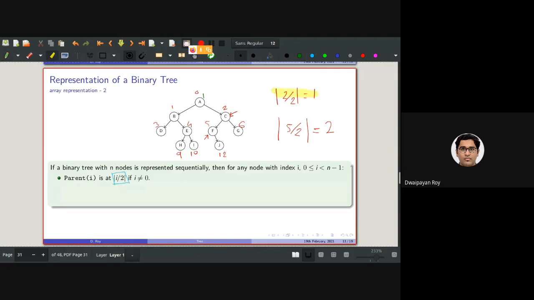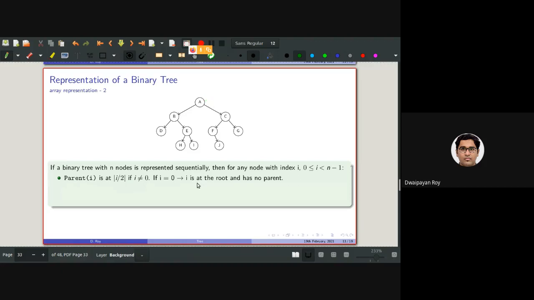For this node it's true. For this node, it is actually creating a problem. So I'll be addressing this. If I equals 0, as you can see, in which case it is the root.